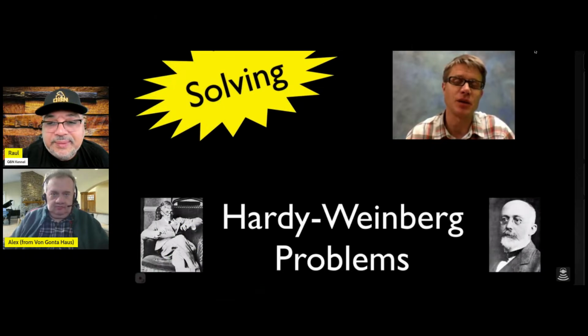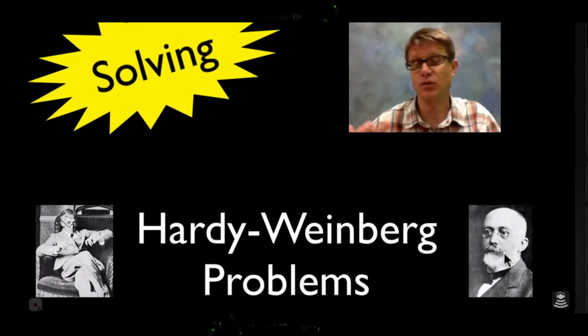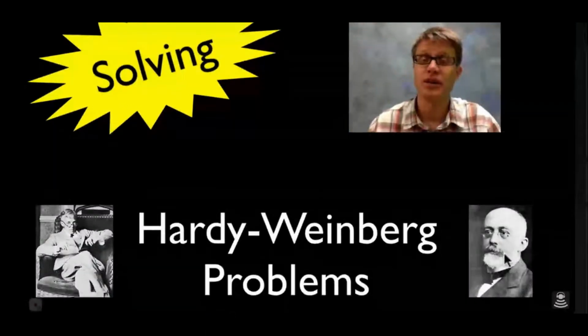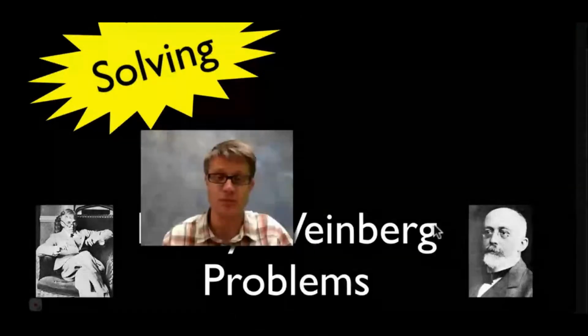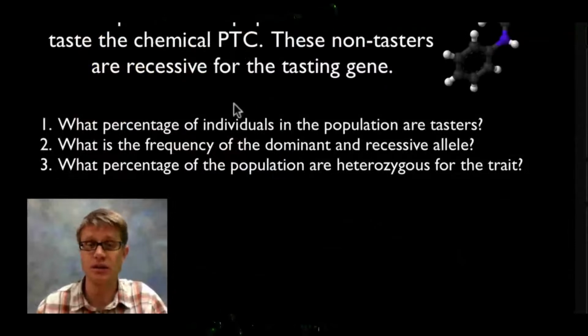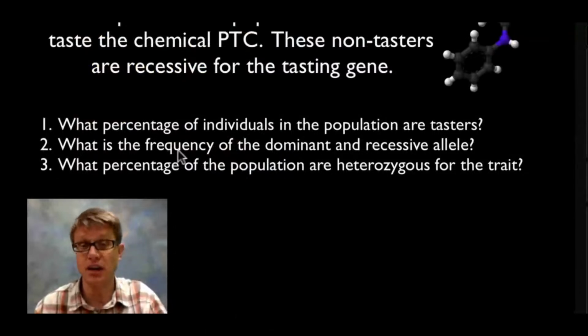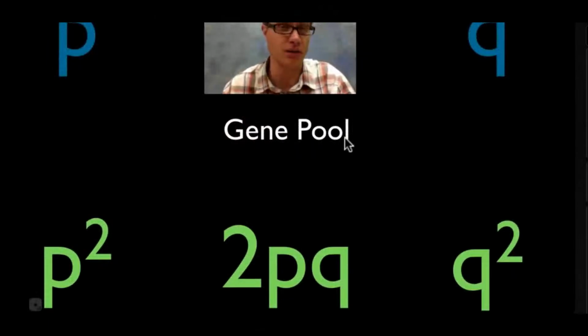Mr. Anderson, in this podcast, I'm going to hopefully show you how to solve Hardy-Weinberg problems. Here's Hardy, here's Weinberg. They came up with this wonderful idea of Hardy-Weinberg equilibrium. It's used by geneticists and evolutionary biologists, but little did they know they would plague biology students forever as they try to solve these problems. And so this would be a typical Hardy-Weinberg problem. We've got 16% of the population unable to taste a chemical, and they're asking a number of questions like how many people are heterozygous, what's the allele frequencies. And when I have students who struggle with this, basically all these terms are kind of swimming around in their head and they have no idea what's what or where to even start.